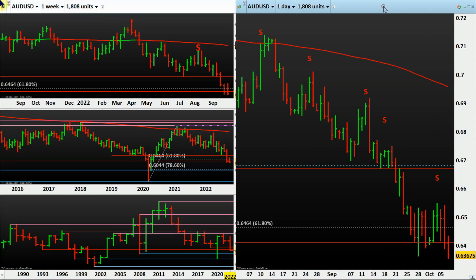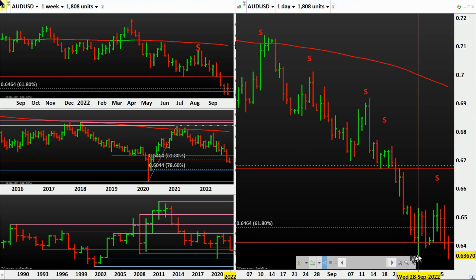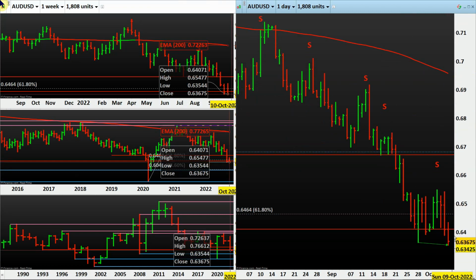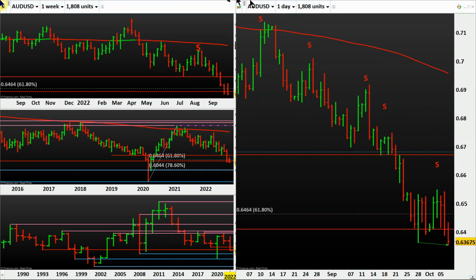So what to do here on the Aussie dollar? I would not do anything, because it's a potential candidate for a double bottom. I may be wrong, but we never sell at a support. We never sell. The double bottom is not confirmed, because there is not a swing low yet. The third bar has to come. If the third bar, the next day bar, appears like this, then it will be a possible double bottom like this one.